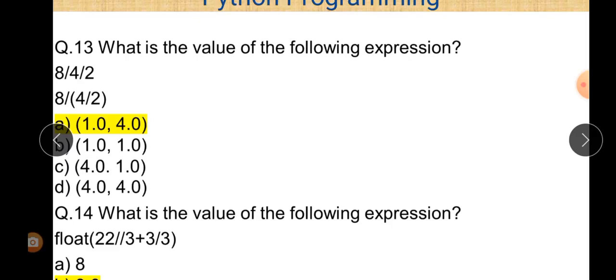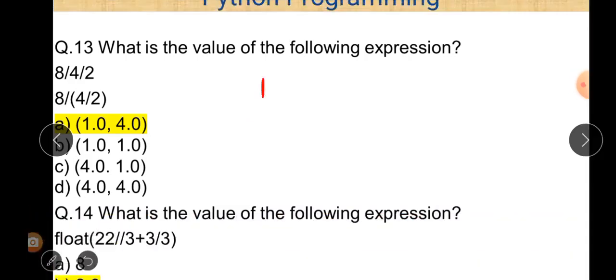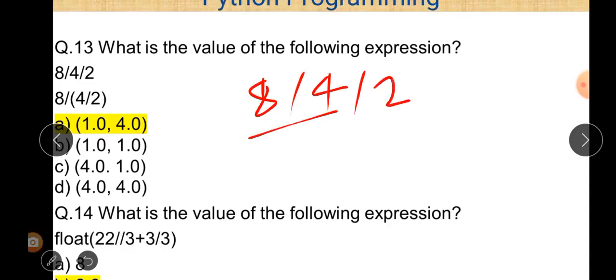As we know, slash represents the division operator, and its precedence is always from left to right. So first of all, 8 is divided by 4, that is 2.0, and the answer is always reflected as a float value, and then 2.0 is again divided by 2,